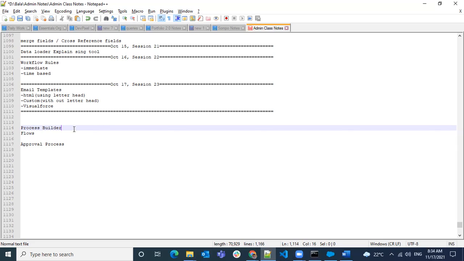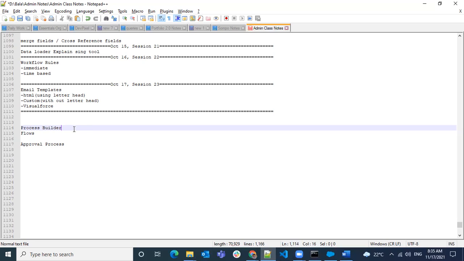When you're having multiple workflows on the same object, in Process Builder we can club all those workflows into a single process builder, and we can control the order in which logic you want to perform next. You will have full control over the order in which it has to execute, you can avoid multiple places in your code, and you have a visualization of the whole process, what will happen in your object automations.